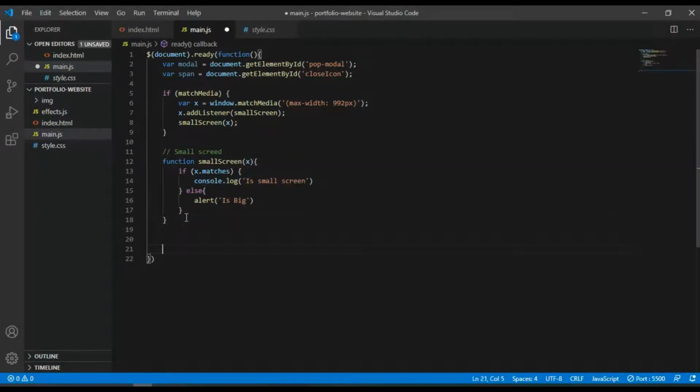So let me go ahead and create a function, and I can call it show modal. You can name it anything, but let me call it show modal. It makes sense.